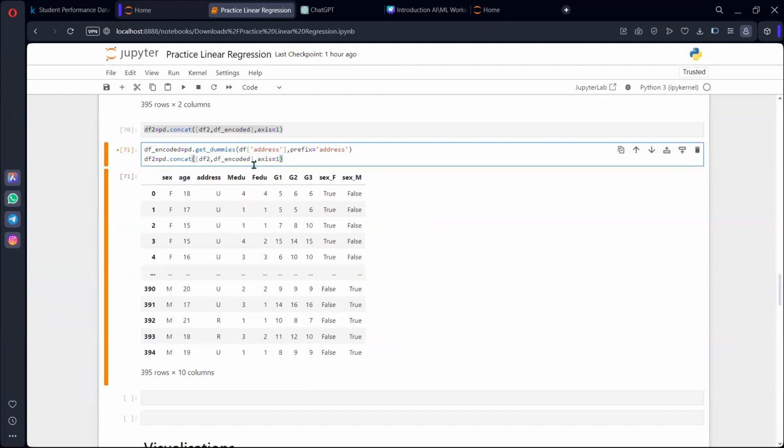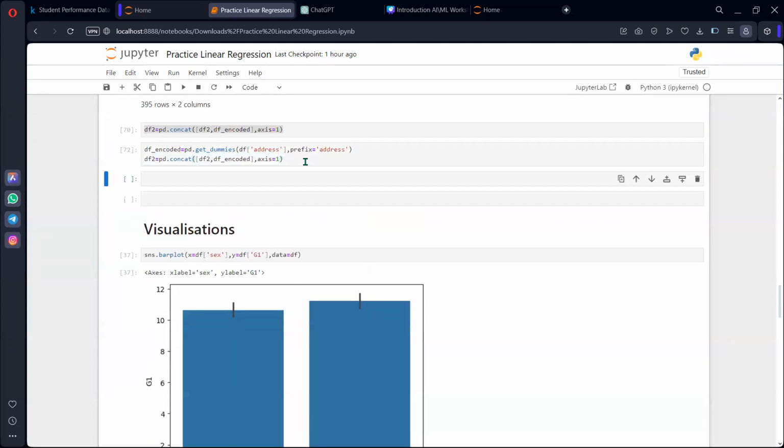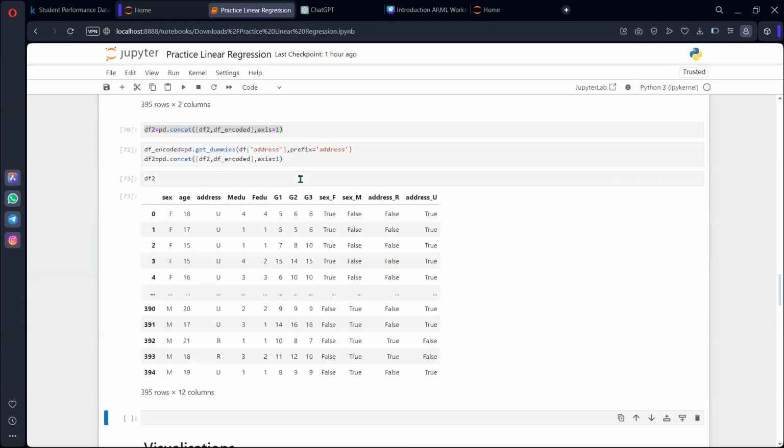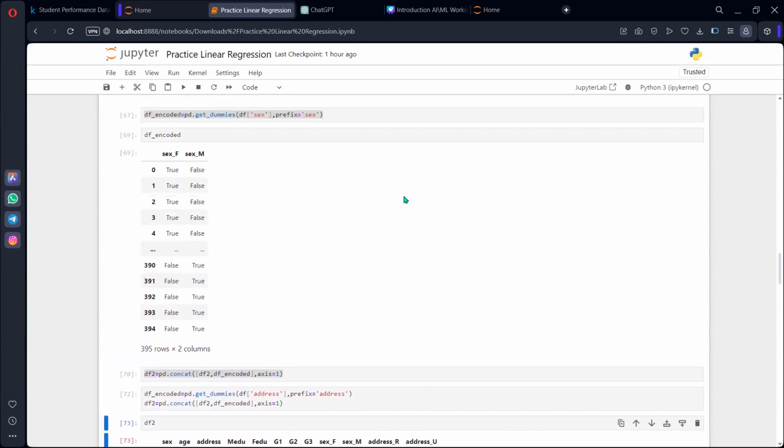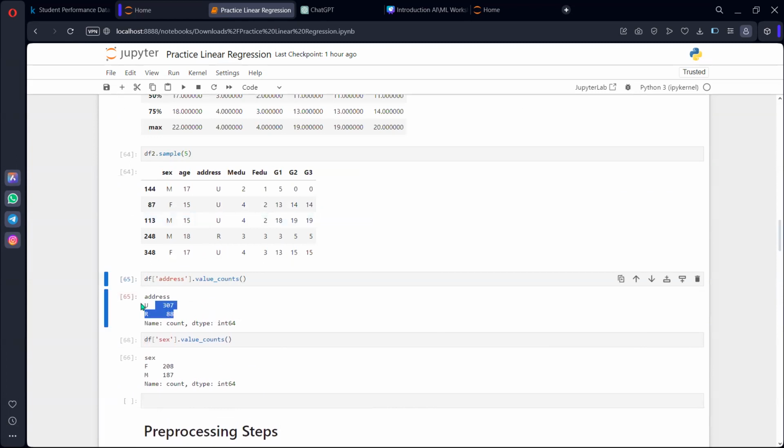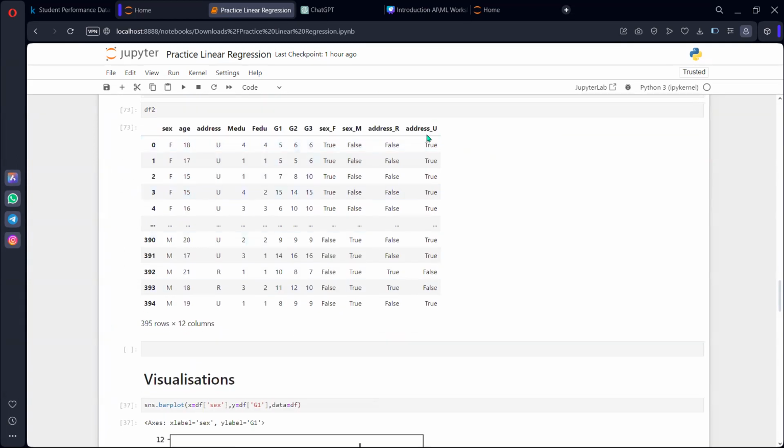X is equal to 1. Yeah. So let's press shift enter. Let's do df2. And as you can see, my address column has also been converted to address rural and urban. Say we had another column here, it would be like rural, urban, or let's say some very high class, high societal area. So we'd have three columns, but since we only had two columns here, like I told you, therefore only two rows will be there. Okay,